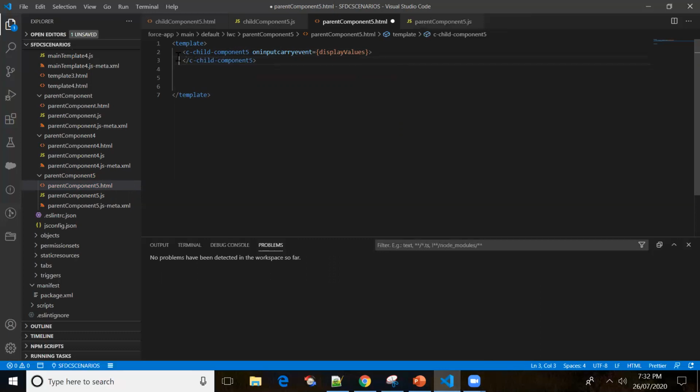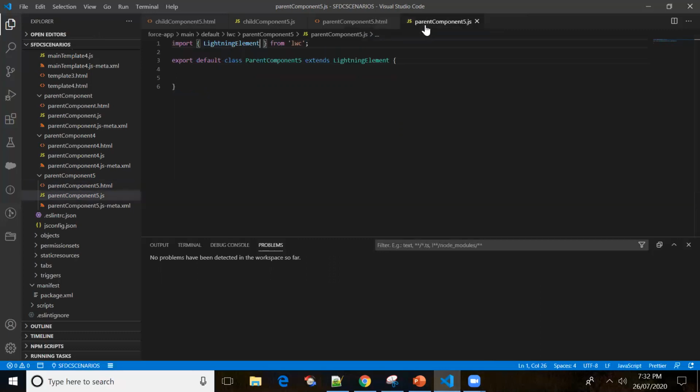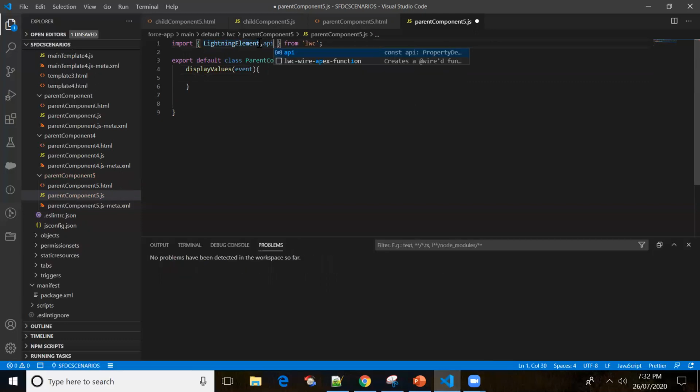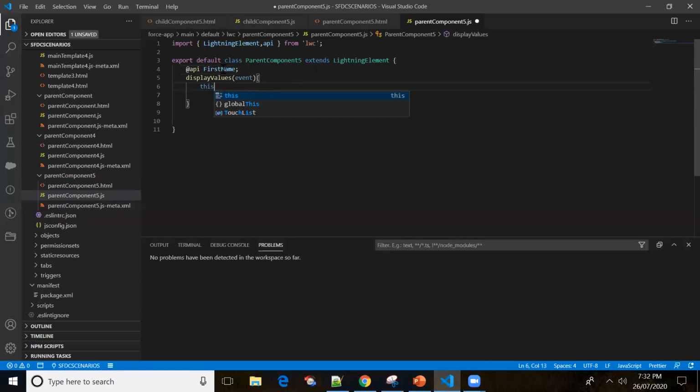Now I'll write this method in the JavaScript. It will take the event. I'm just importing the API property, first name. If we want to refer to this variable, we have to make use of this. So this dot first name equal to event dot detail, since this is just one value.